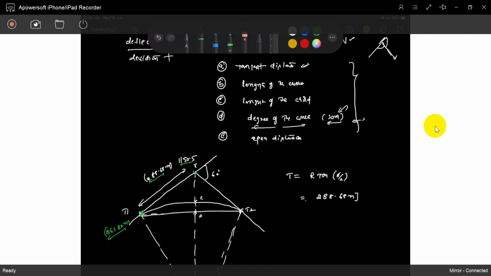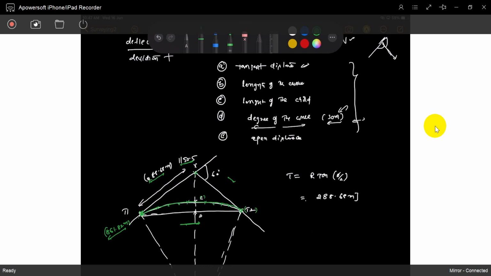This is the first point. Later we will proceed in this direction, taking chain points. If you know the length of the curve, we can fix this point also. We have to draw a curve, so first we fix 861.82 meters, and we stick the chain at this point. Once we know the length of the curve, we can fix the chain points from this direction. We have to identify every point; that is for a later stage.